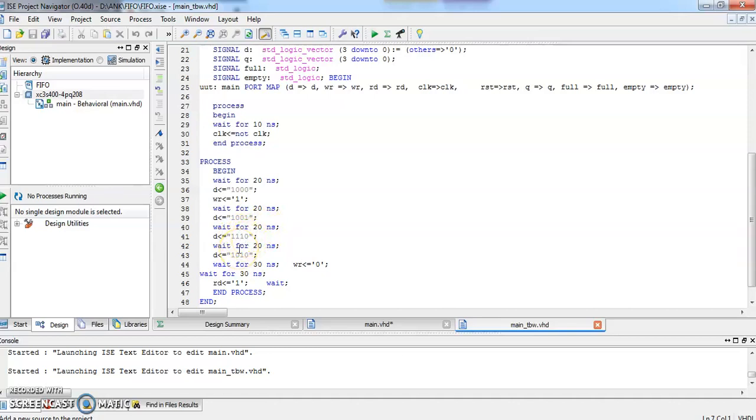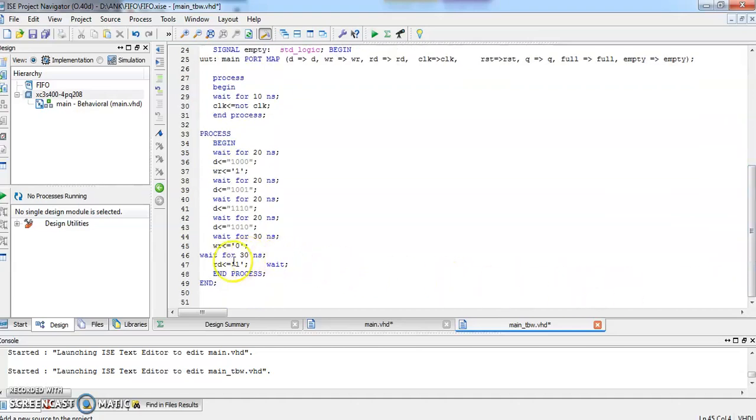Again we will wait for 20 nanoseconds, and change the value of D to 1010. Then we will wait for 30 nanoseconds, then we will make write equal to 0, which means we can read now. Then we will wait for 30 nanoseconds, and make read equal to 1.